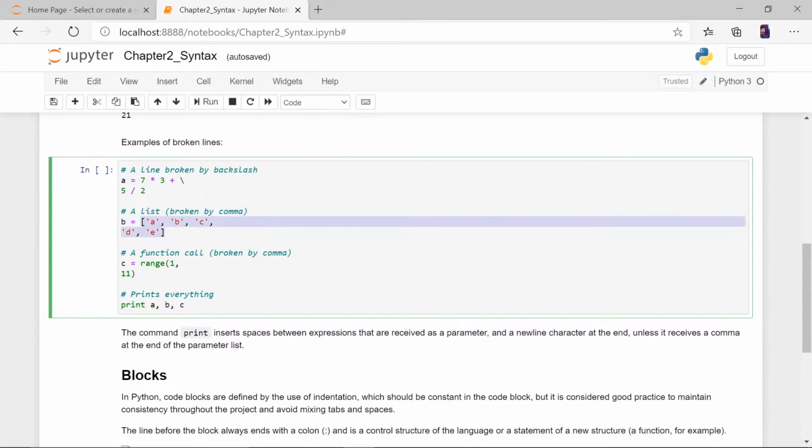A list is a collection of values. These values can be, if A is a string, B is a string, but you can actually enter anything. If you want to enter a number here, you can enter a number here. If you want to enter something like 1.222, whatever, you can enter it here.